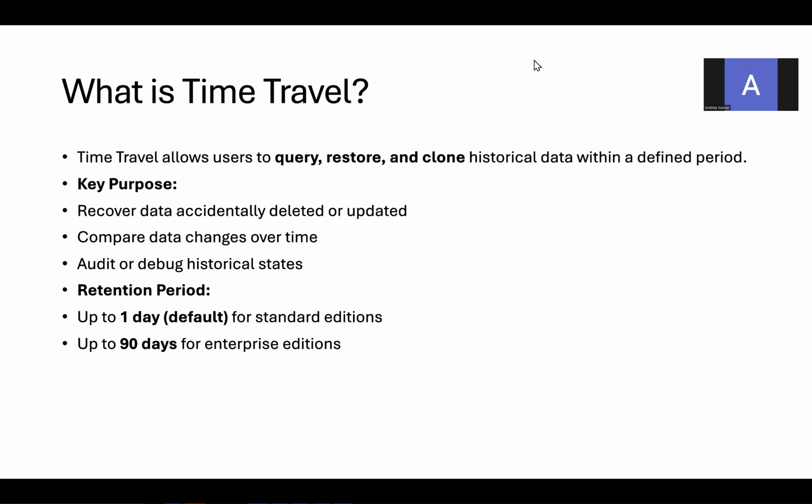You have to compare the data changes over time. For example, my updated or deleted data is residing 2 days before today. So the data is going to change over time. This lets us compare data changes over time, and also audit or debug the historical states. So 2 days back, what is the historical state of this data? Is this the original data I am looking for? For the deleted or updated data from my team, I have to check whether it is residing in the historical data from either 2 days or 3 days before.